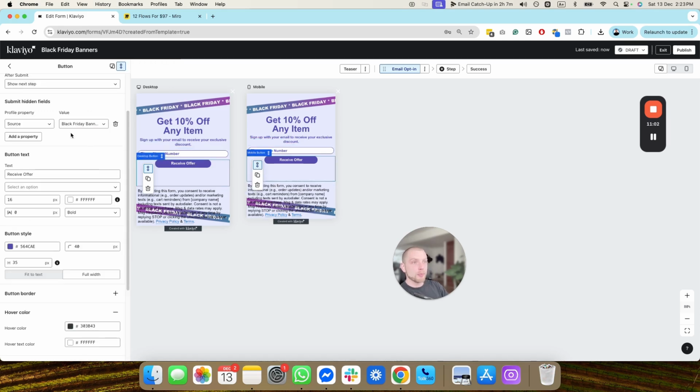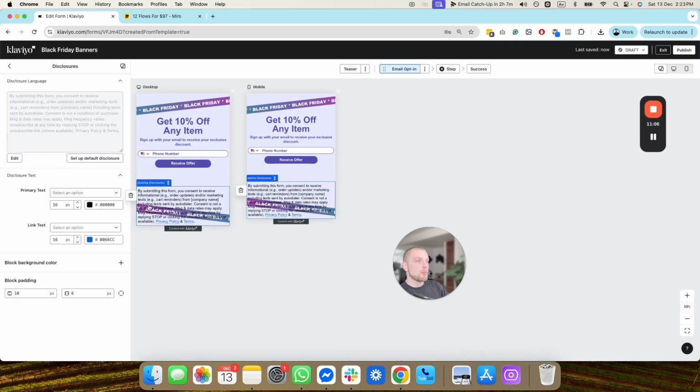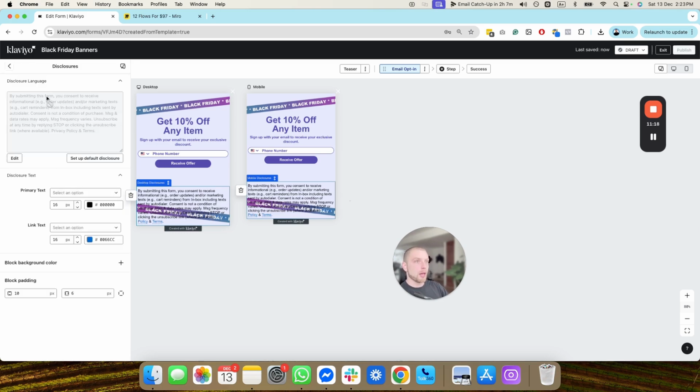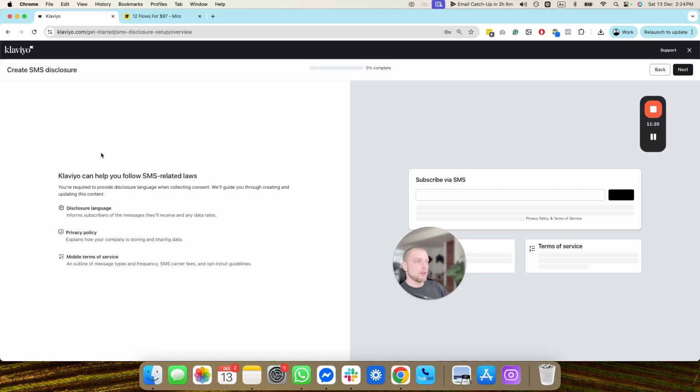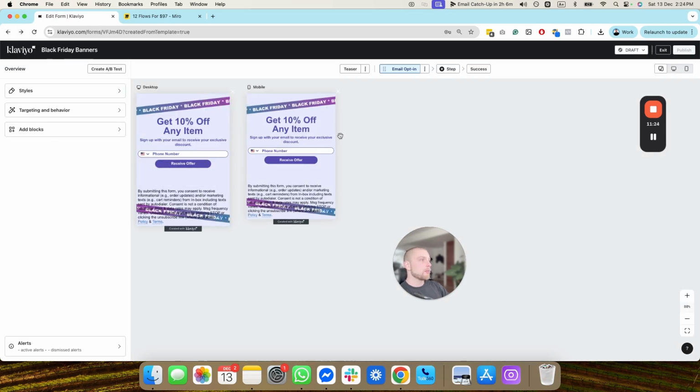Receive offer, make sure that this submits the list SMS, make sure this is correct, and then you want to edit the name to make sure it reads your name. So in this case, it's inbox. Okay. Click back. That should be updated. I'm going to set that as our default. We'll do that later, actually. Back into here. And this will only target email subscribers